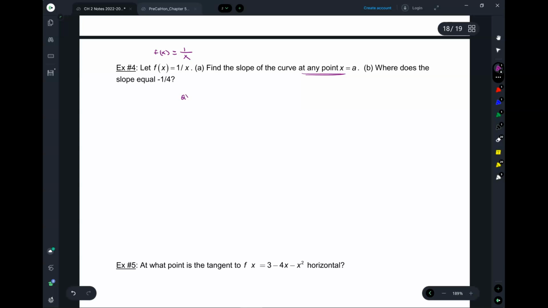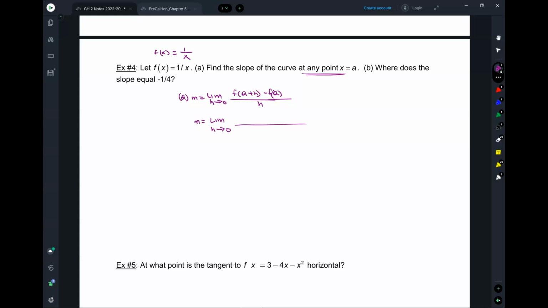Part a. The limit, so m equals the limit as h approaches 0 of f of a plus h minus f of a, over h. Okay, so m is the limit as h approaches 0. Now, f of a plus h, if f of x is 1 over x, f of a plus h is how much? 1 over